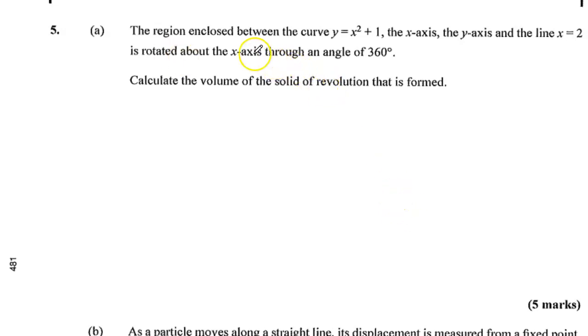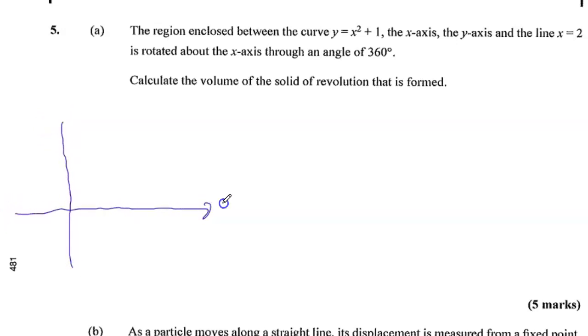Question 5. The region enclosed by the curve y equals x squared plus 1, the x-axis, the y-axis, and the line x equals 2 is rotated about the x-axis through an angle of 360 degrees. Calculate the volume of the solid of revolution that is formed. So let's do a quick sketch of